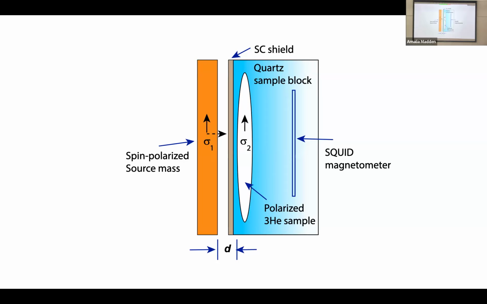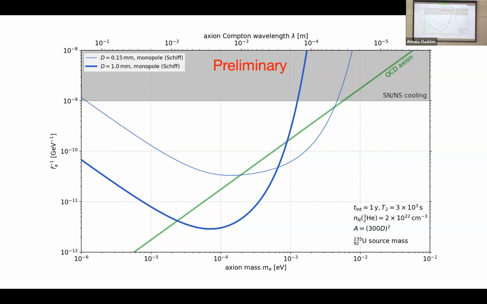So this is similar to the ARIADNE experiment. We've just changed the dimensions a bit, and we now have a different source mass, which is a ferroelectric crystal that's spin polarized. So here's a very preliminary plot of our reach. This would be a crystal whose source mass was uranium. I'm just going to point out now that I know that's a bit contentious. We have other projections that would, for example, use europium, which is also octupole deformed and less contentious. In that case, your lines would be just below the QCD axion line. But I wanted to show you something, against the advice of my advisor, that actually hits the QCD axion line.